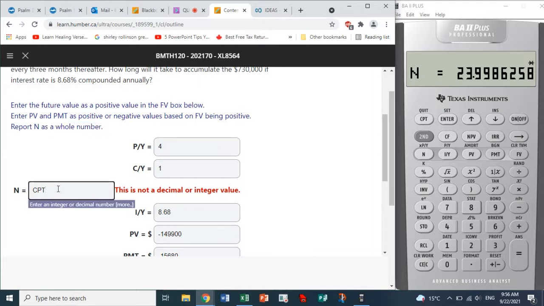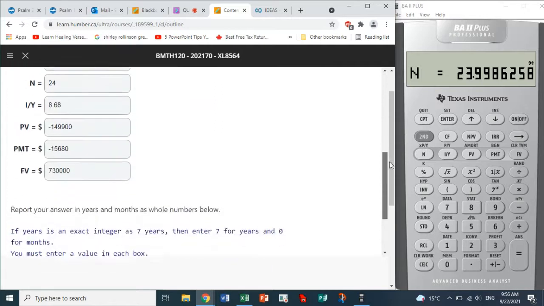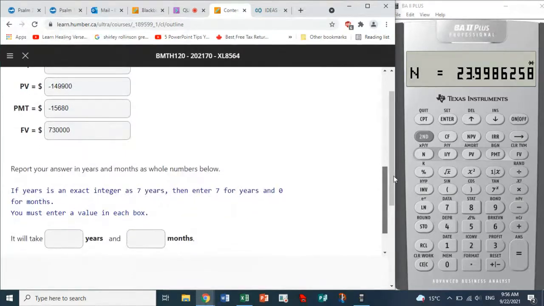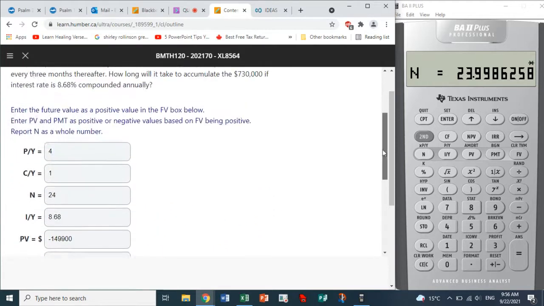So instead of 23.9986258, we will report it as 24. Okay, that's the number of payments. So, okay, report your answer in years and months as whole numbers below. All right, if years is an exact integer 7, enter 7 years and 0 months. All right, so now how many years and months do we